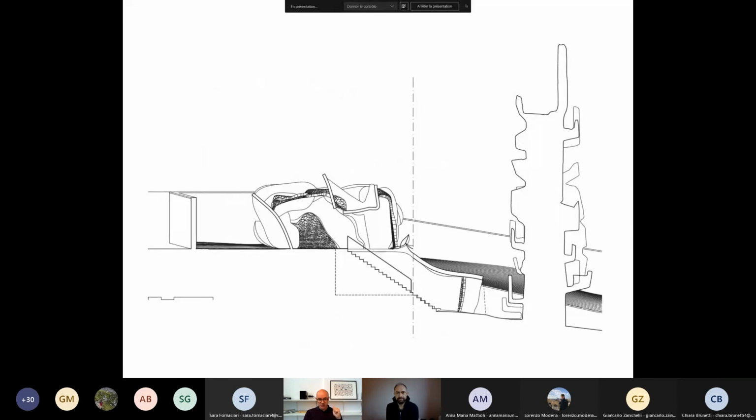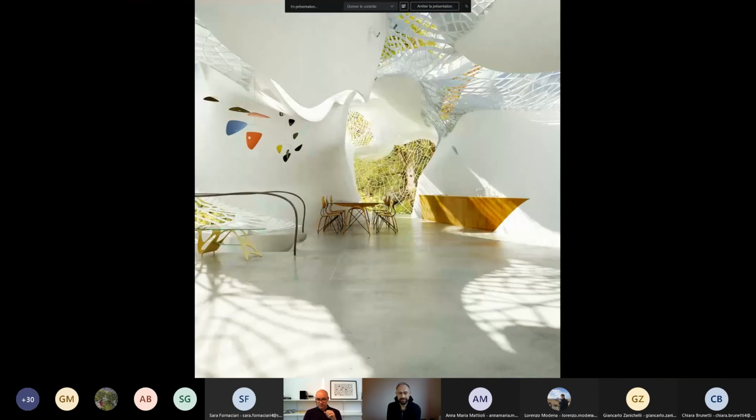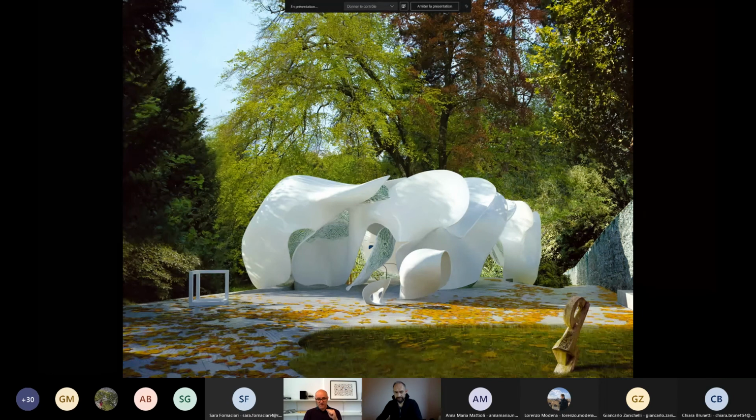I think it was conceptually interesting, but I have a very ambiguous feeling with this project because it's at the same time quite beautiful. Yeah, I hope so. But I don't really like it, you know. I would love to see this built, because I think it would be an amazing piece of architecture, very, very elegant, extremely romantic in a sense, but probably because it's a bit too romantic, I don't really like it. But this is a matter of taste at some point.